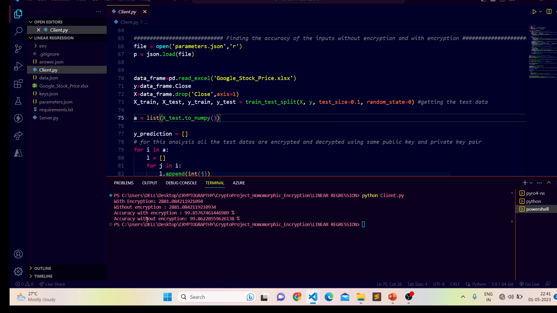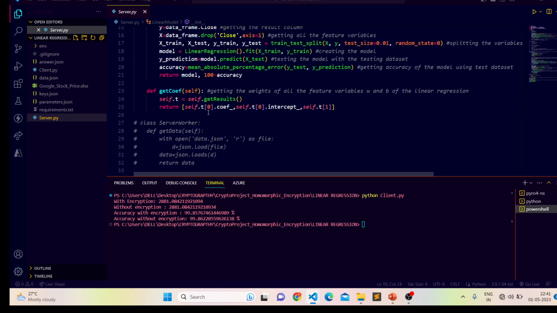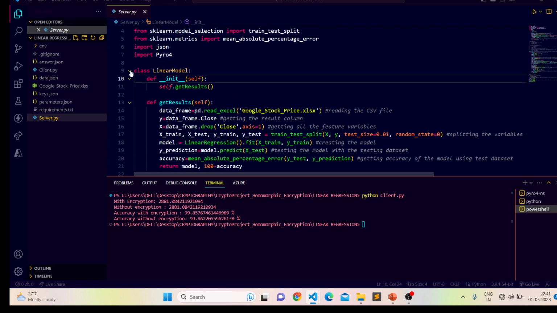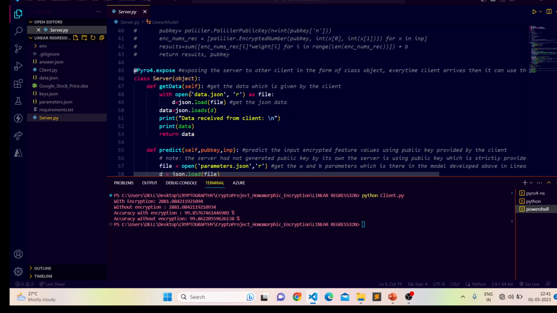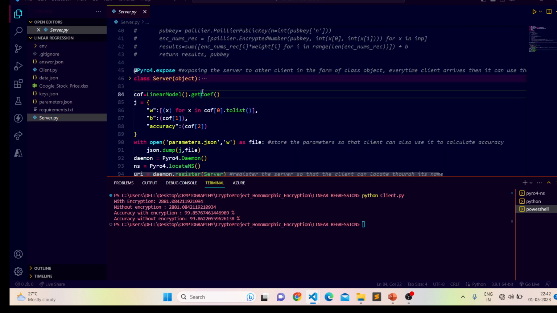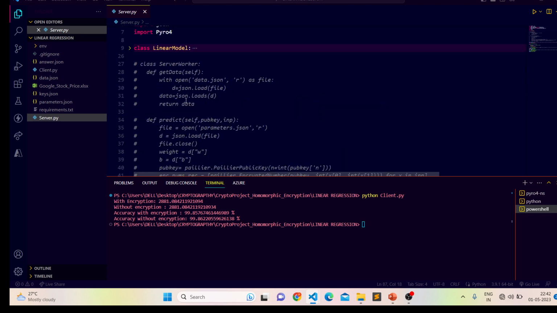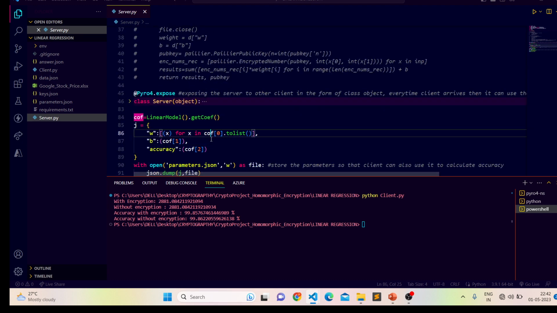So we got the accuracy with encryption and without encryption, and they are both approximately equal. What I am trying to say is that our app acts as an interface, because we defined a class elsewhere in the server, and we are exposing the server elsewhere. They are not coupled with each other. So our app acts as an interface.